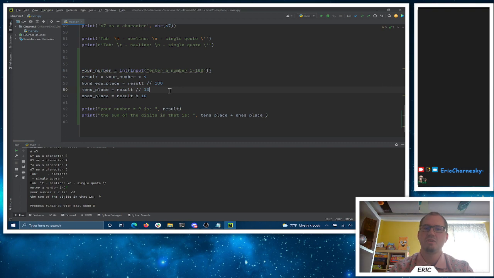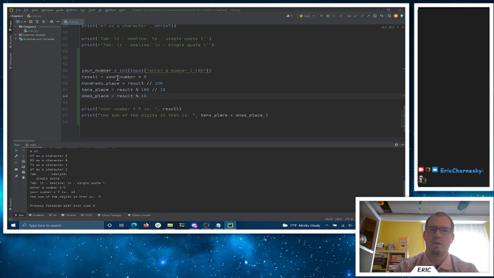Now, this one we actually don't want anymore. We can't just divide it by 10, because that's no good. So to find out the tens place, we want to divide out all the hundreds first. So we want the result modulus 100, which gives me what's left over after I divided out the hundreds, then integer division by 10. This gets rid of the hundreds, then gives me the tens place. And for the ones place, it's just whatever's left over when we divide by 10, whatever remainder there.